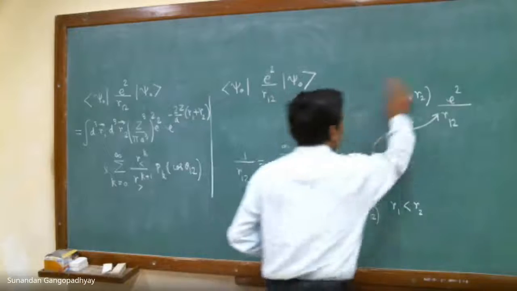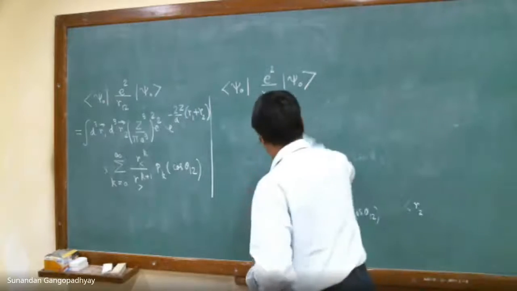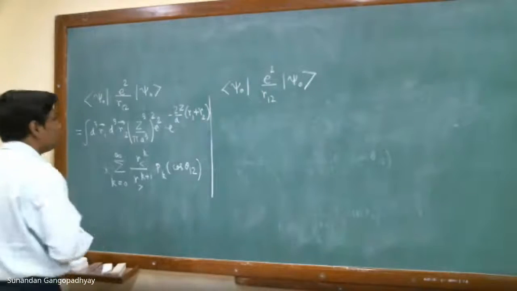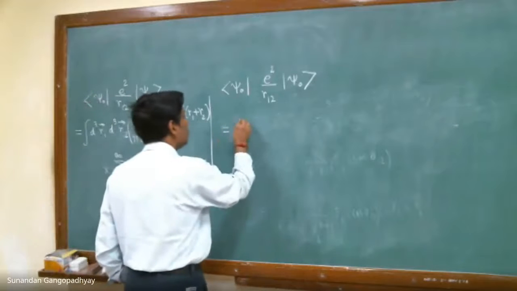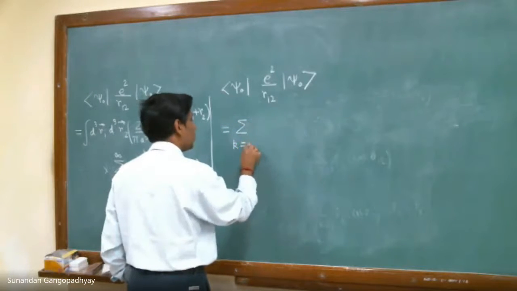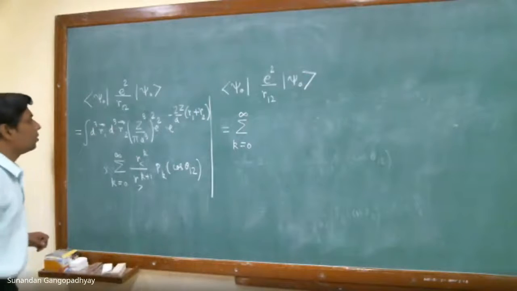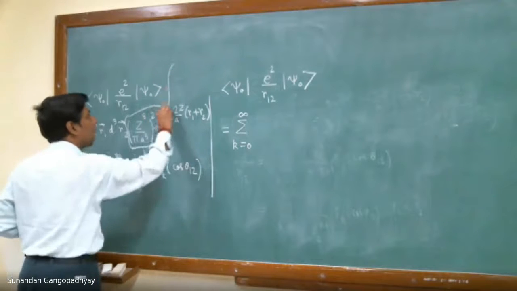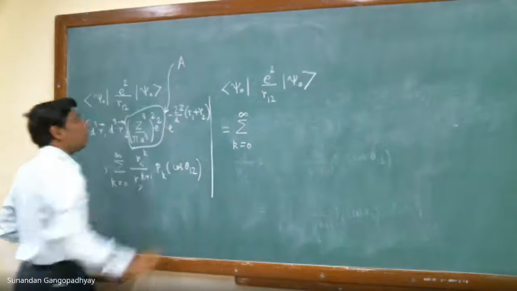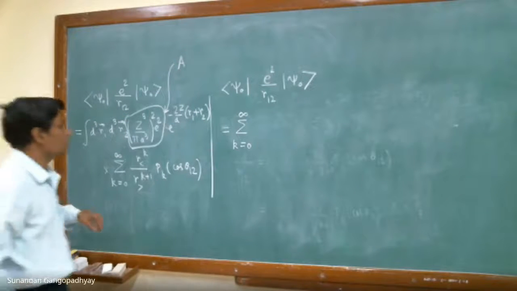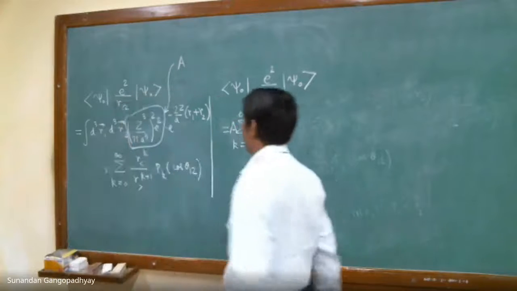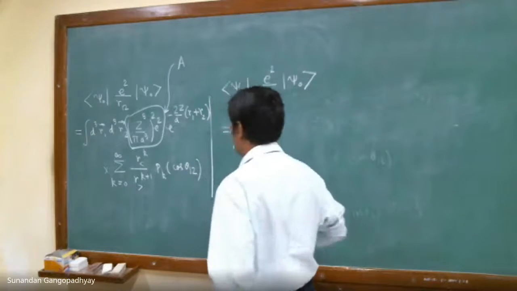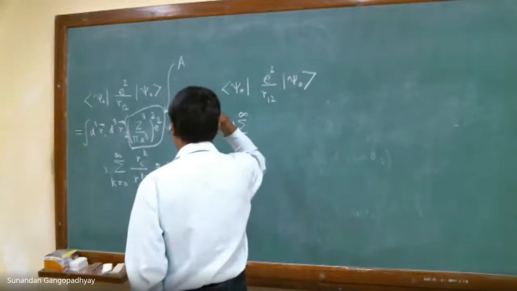So if this is clear, now what we need to do is the following. So this you can write down as summation k is equal to 0 to infinity, and what I shall do is I shall call this a constant term a. Let me call this a for the time being, so you don't need to worry about this constant, we shall use it later. So I have an a outside, it goes outside all the integrations and the summation. So you have this term now, and then we have